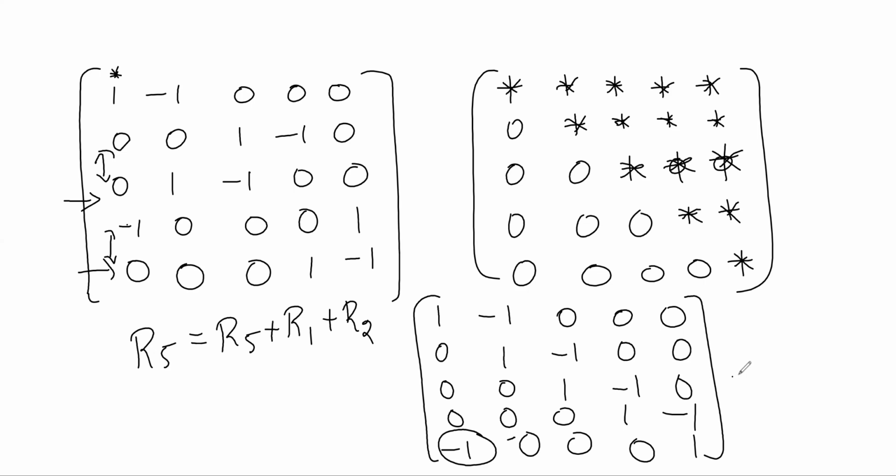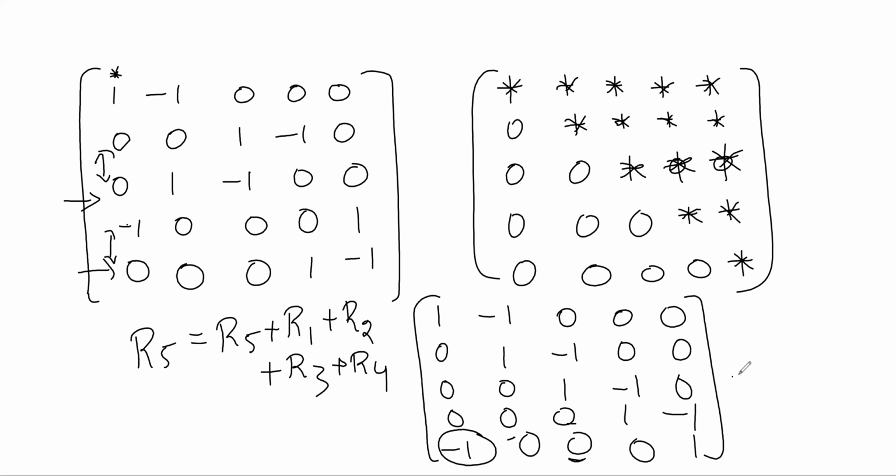Sir. So now R5 plus R2 means the third position will be -1. So you have to make this third position also 0. That means you have to apply plus R3. Right. So if you apply R3, this position will be 0, but here you will get -1. So this also you have to make 0. That means you have to apply R4. So now all elements in the fifth row will become 0.